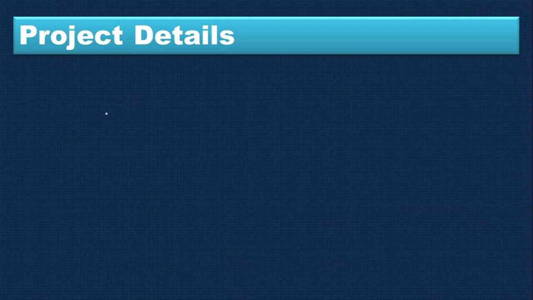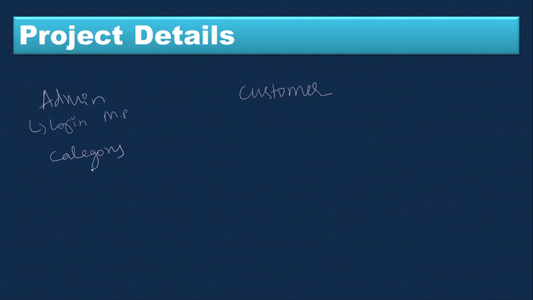Any e-commerce project has at least two modules. One is the admin module, for the company. The next one is the customer module, where the customer can buy the product online. So the admin can log in and go to the main page. Here we can create the product categories, different categories of products. Particularly for jewelry, you can make categories like necklaces, rings, bangles. We create these first.